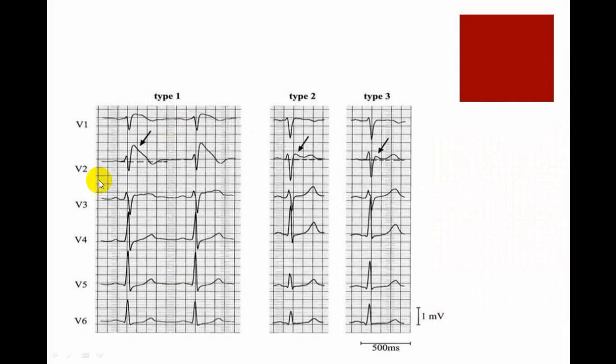This is Brugada syndrome. You can see here in V2, ST elevation. This is J point elevation. So it is elevated, this is the baseline, and from there you have a downslope and T wave inversion. There are three types depending upon this downslope. Here this is like a saddle. So these are the three different varieties. This is a sharp downslope. Here, downslope followed by upslope. Downslope, second upslope is bigger. So these are the three different varieties. Type 1 is the most common.